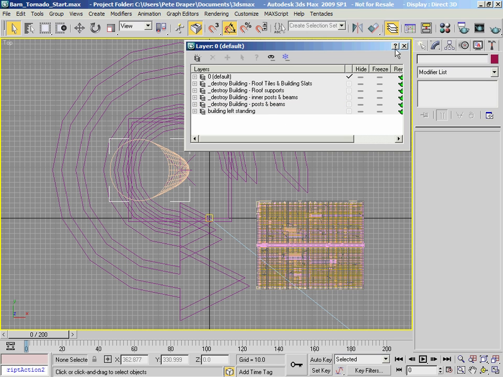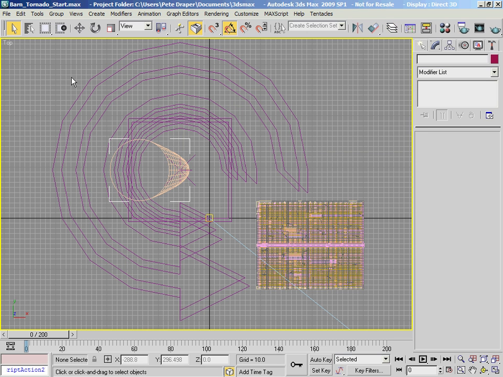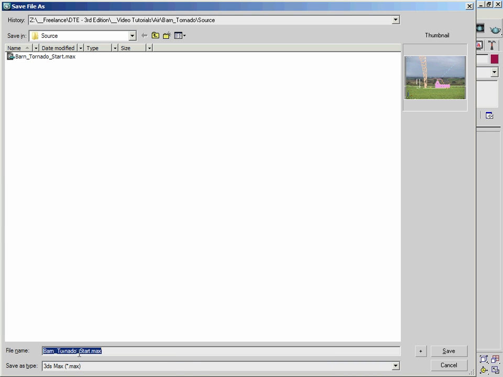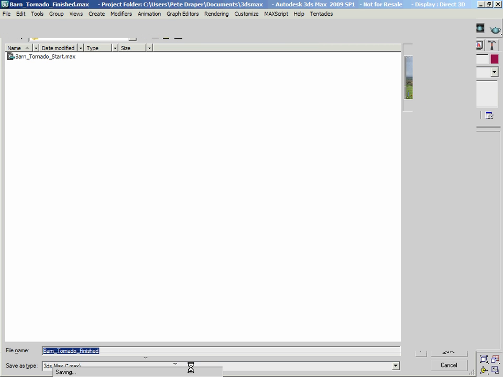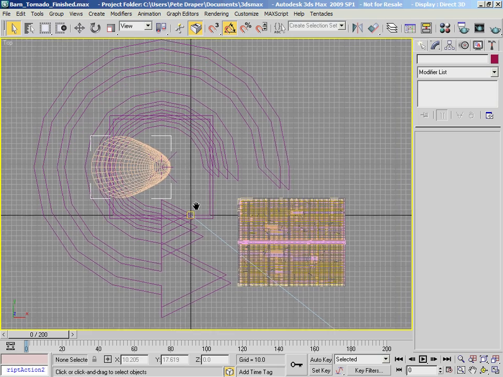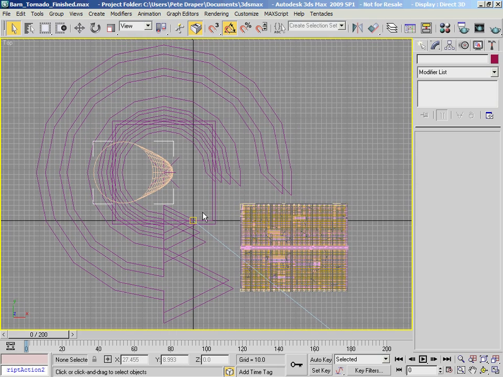Okay, so at this particular stage, with everything set up, I'm going to go and save my scene. I'm going to save that as barn tornado, actually as finished. I'll constantly overwrite this guy so that you've actually got this scene with this tutorial at the end of the day. Okay, so what I basically need to do is set up a system initially